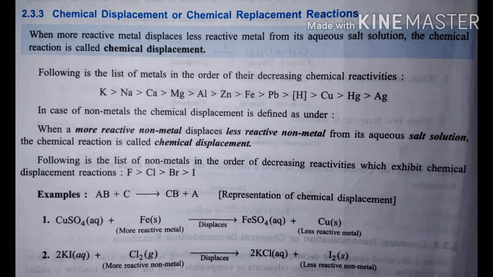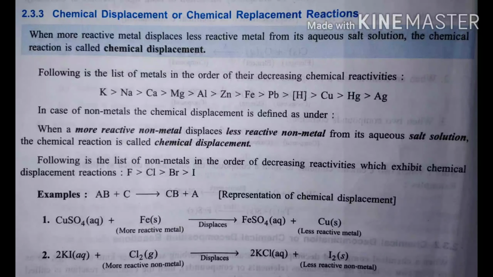So now we will see the example, and from the example only you will come to know more about the reactivity series. Here we have copper sulfate. See the first example on the screen, which is written below. Here you can see copper sulfate is reacted with iron. Copper sulfate is a combination of copper and sulfate. Copper sulfate is made up of Cu and SO4 groups, and it is treated with iron.